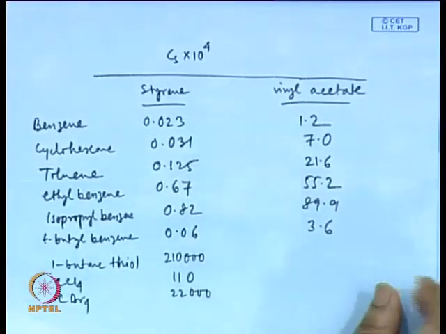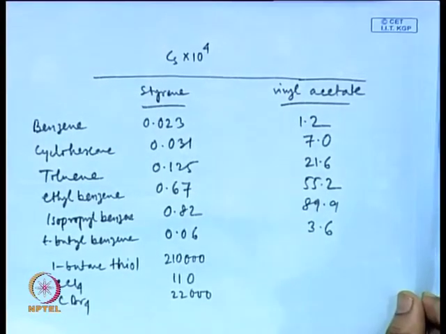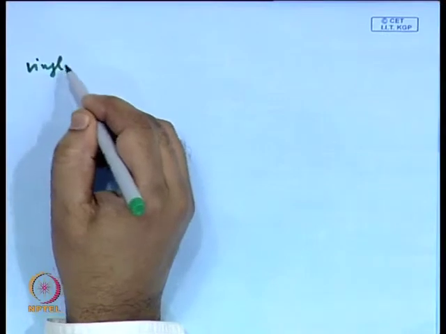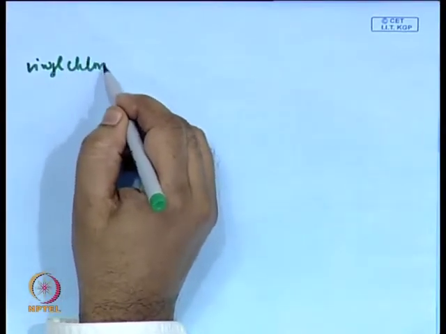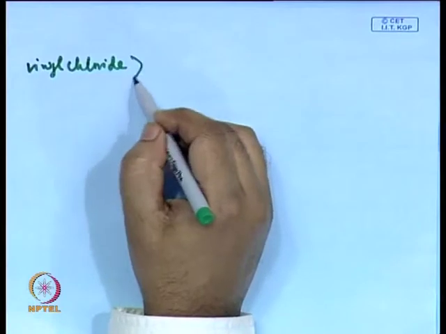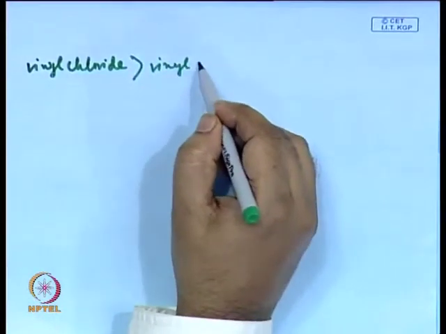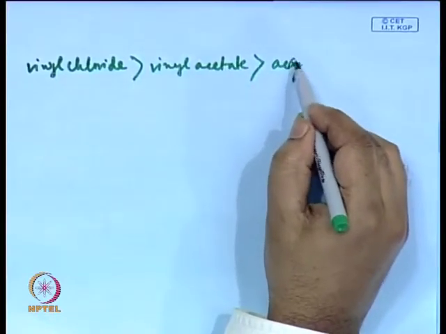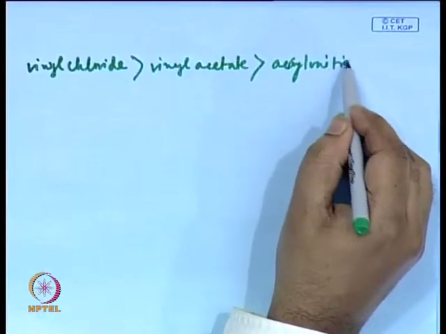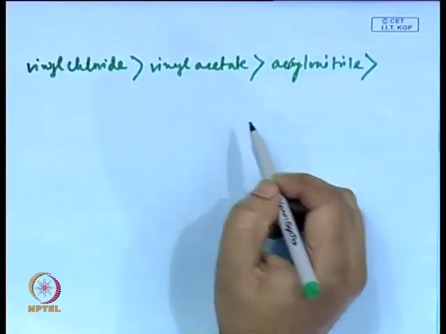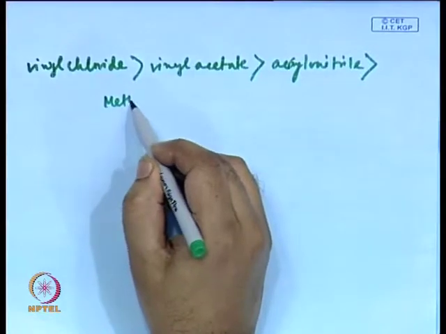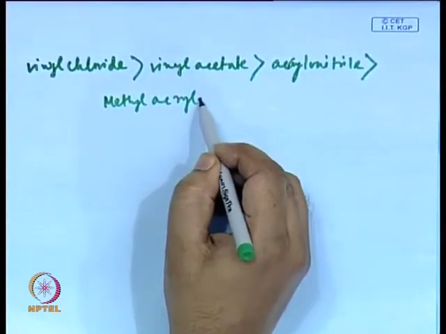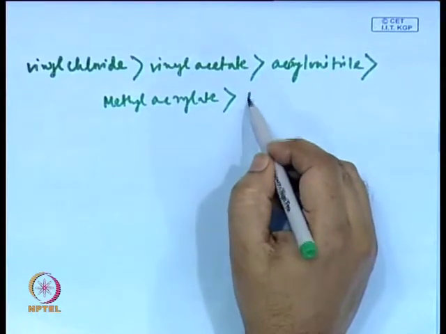So, if we want to rank the reactivity between different monomers, the rank would be something like this: vinyl chloride higher than vinyl acetate, acrylonitrile, methyl acrylate, methyl methacrylate,